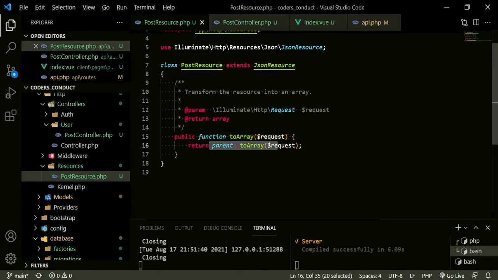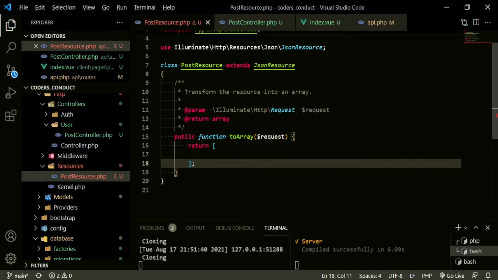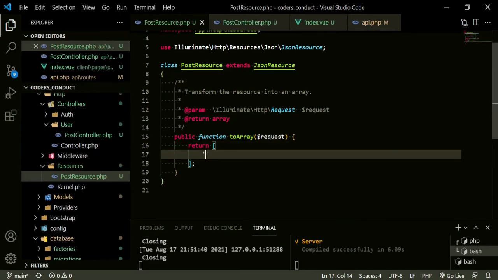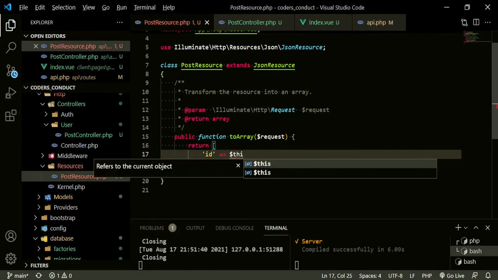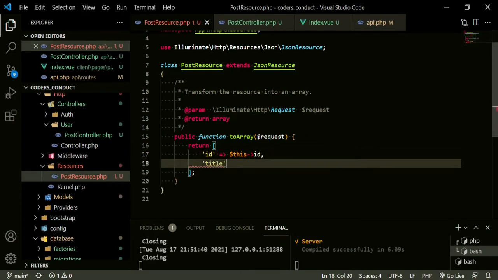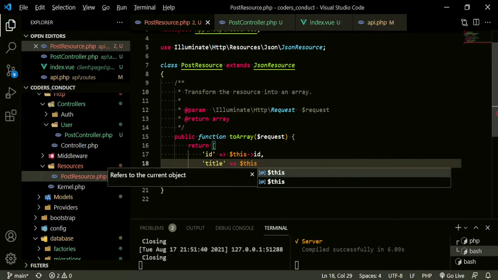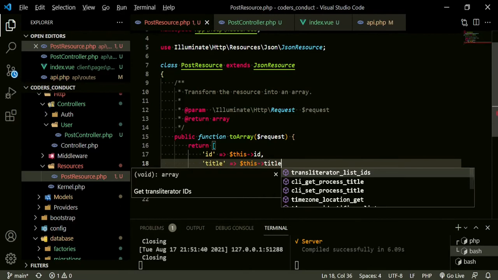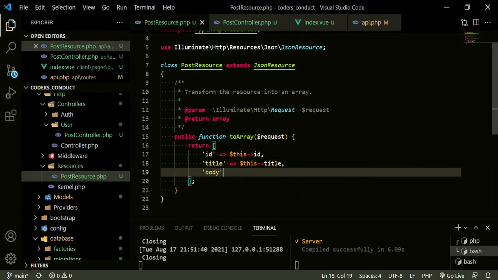This is everything from the post model. So we're going to attach our user stuff in here. So now, instead of returning this parent, we can do return and open up an array, put a semicolon at the end of that return. And here, we're going to list the ID, and we're going to say that equals this ID, meaning the post ID. Okay, the next thing is the title. So we're not returning everything. We're only returning some things, and we're going to customize it. This title, body, this body,